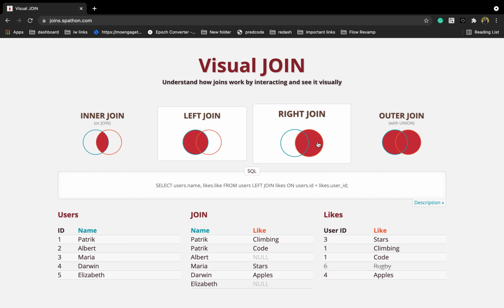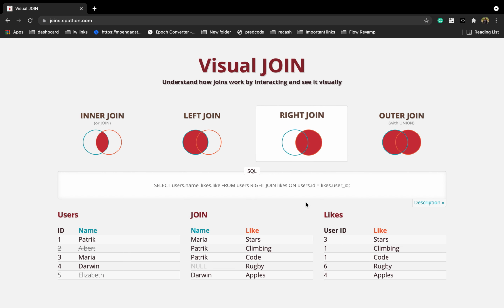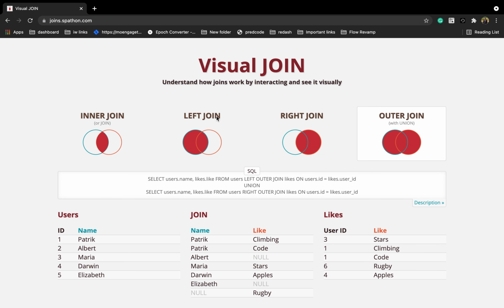Right join is, it will include the right side ka everything. So let's say likes dot user ID, which is the right side, and then users ka ID and likes ka user ID, if we are doing join on that, so it will include everything on right. However, it will include only the common thing of left side, right? Common thing in the sense ID and user ID ka common. And outer join, it is union of left join and right join. This is all about join, right?